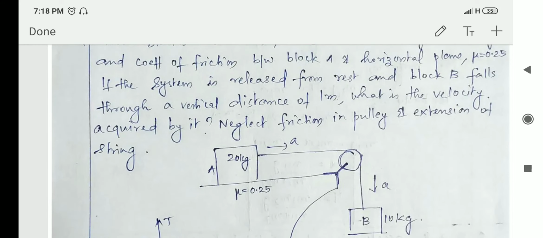So the figure is given. There is a block A and a block B. As block B is released, what will happen? Block B moves downwards and block A moves to the right hand side. So the direction of motion is specified. Suppose B has an acceleration of small letter a, then A will have the same acceleration a. So acceleration is also given. The only difference from the earlier problem is that here the plane is not smooth. There is friction, so a frictional force is acting.